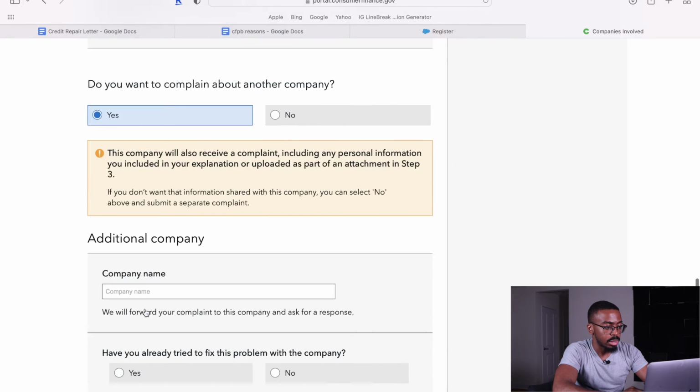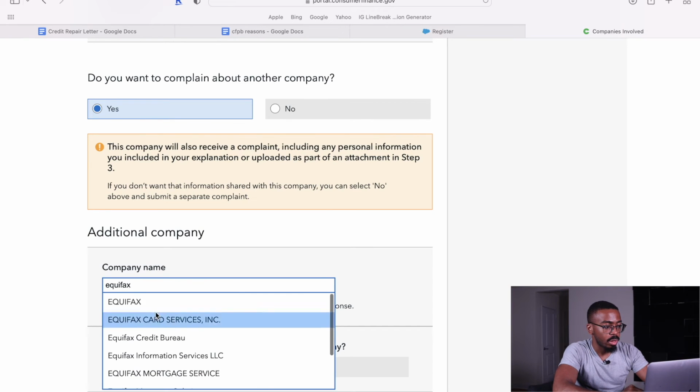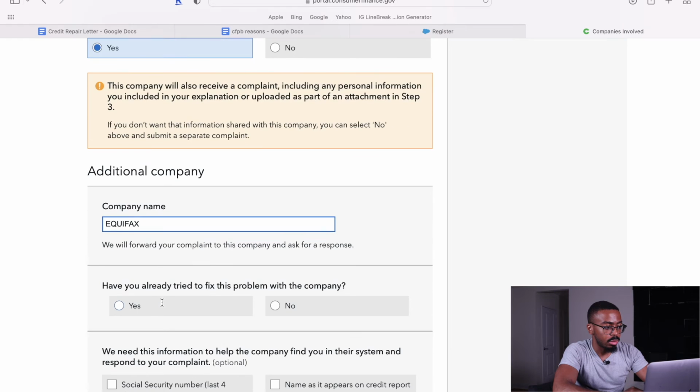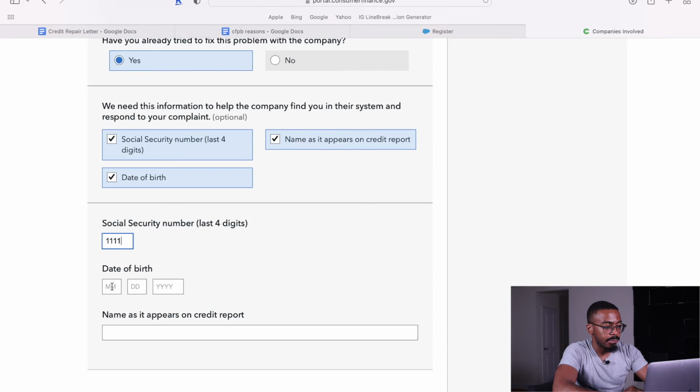And then Equifax is the last one. Yes. Social, name, date of birth, 1111, 1980,